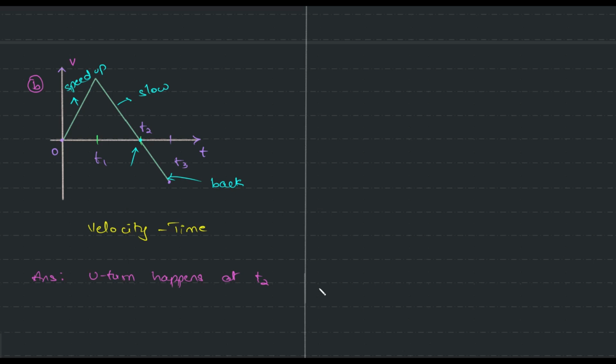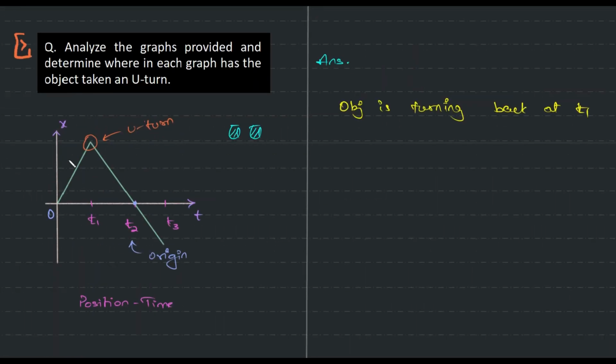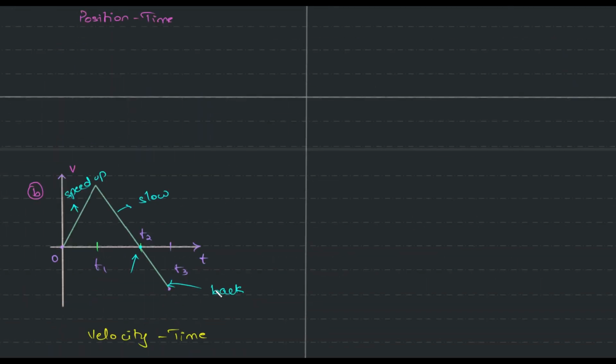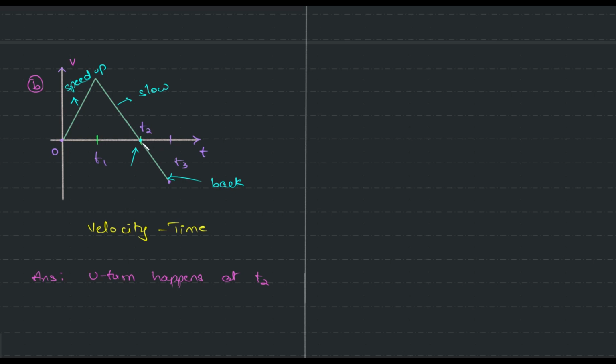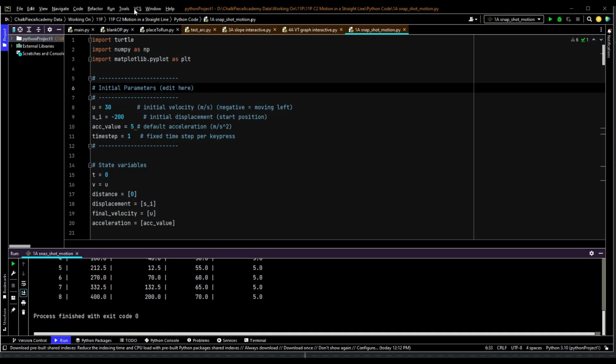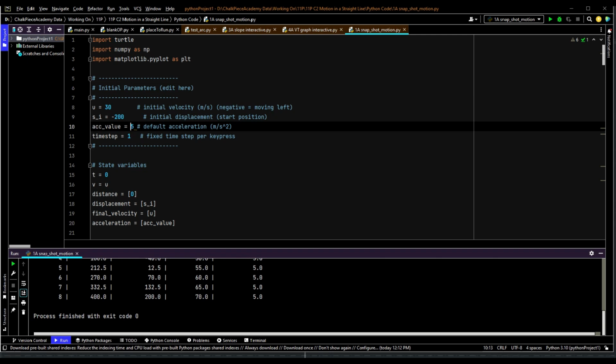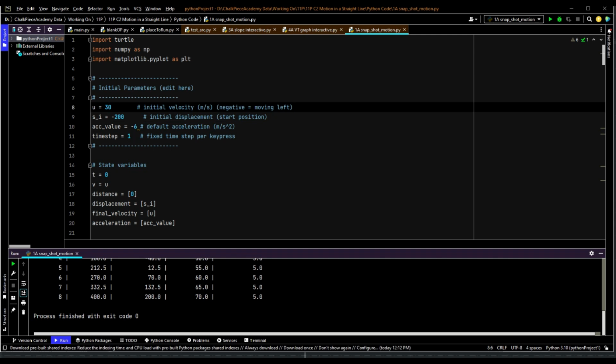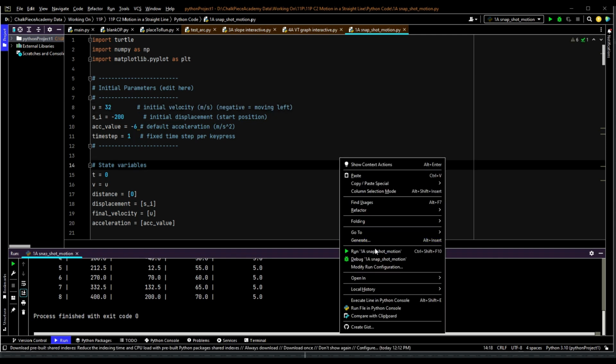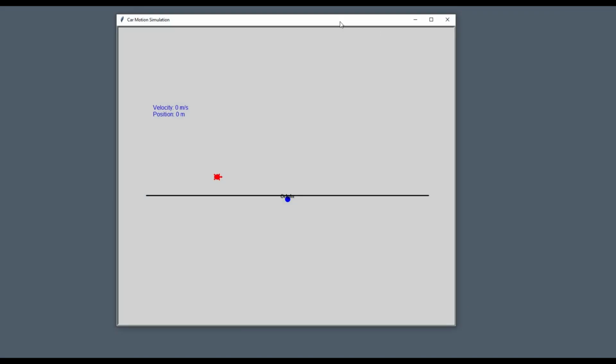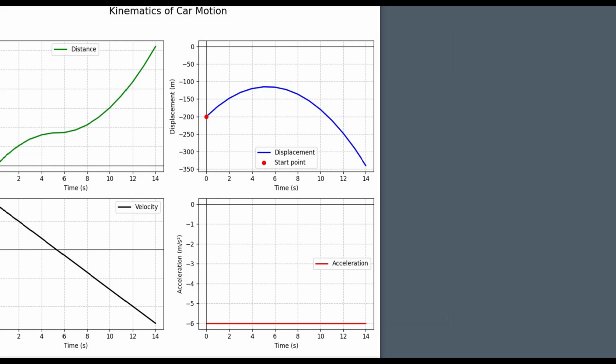Okay, guys, can you see the difference? So here, the U-turn is very clear. But here, the U-turn happens at T2. So let me actually show this to you guys. Okay. Now,